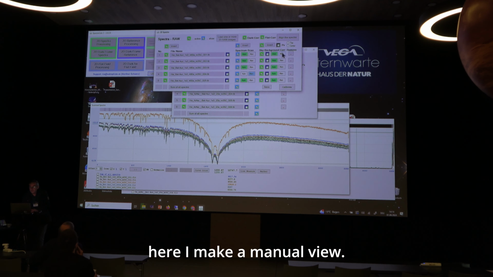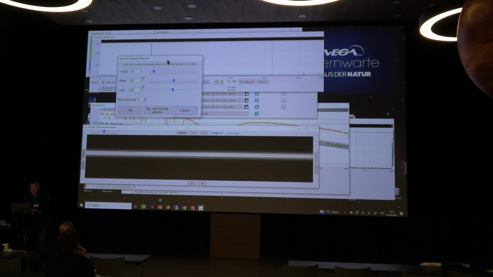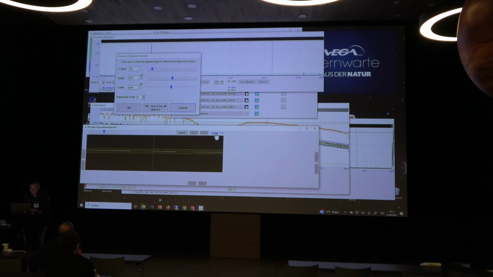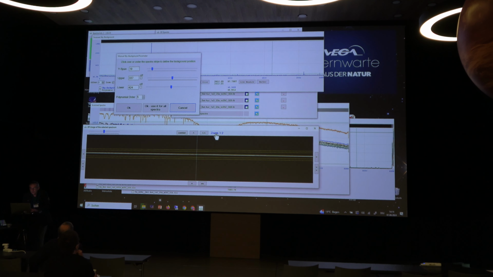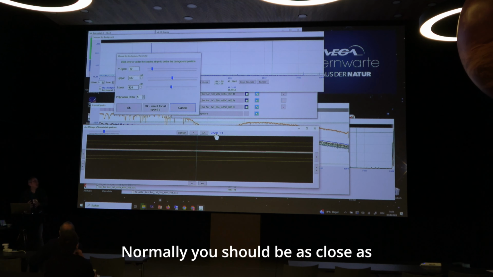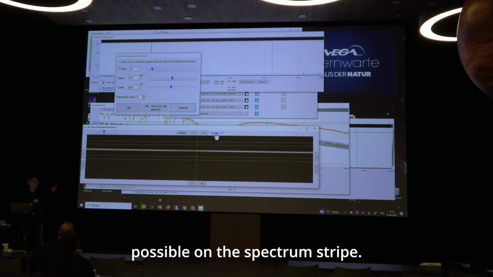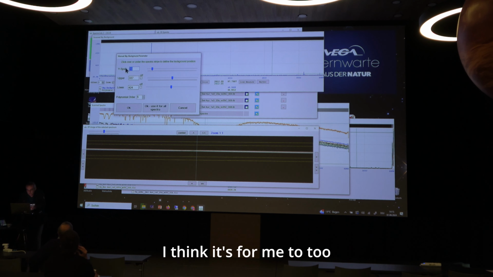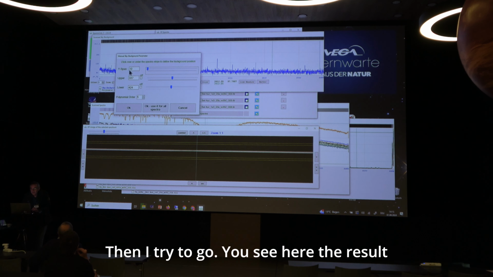And also here I make a manual view. If it's okay for me, I have to go a little bit smaller. Okay. Normally you should be as close as possible on the spectrum stripe. In this case, the system said 19 pixels. I think it's too much for me. I will reduce it to 10. Then I try to go. You see here the result of the